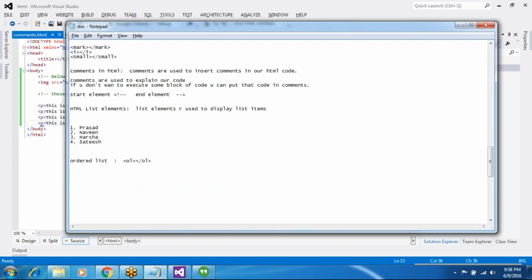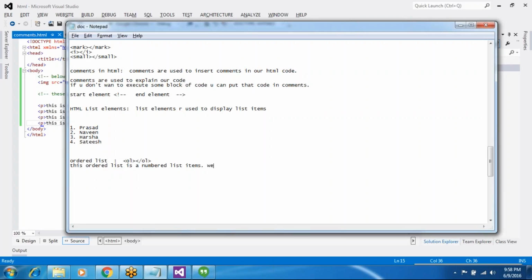A type attribute can be added to an order list. So this order list is a numbered list of items,